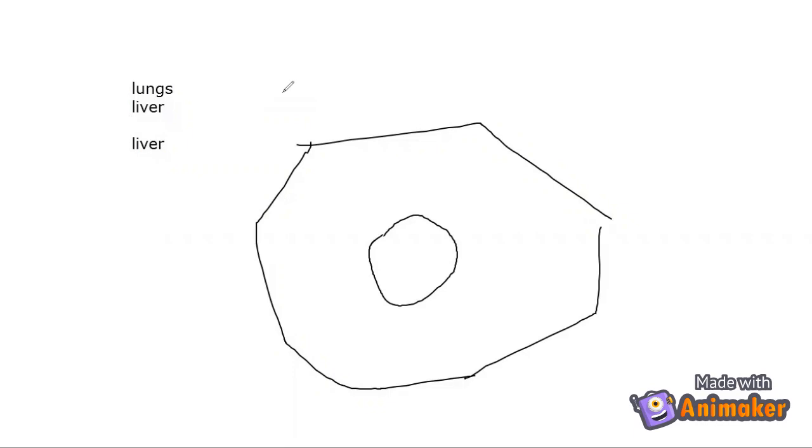So, in this case, the center of the lobule will be congested. It will be red. And the peripheral region will be uncongested. That means it will be yellow in color. This appearance